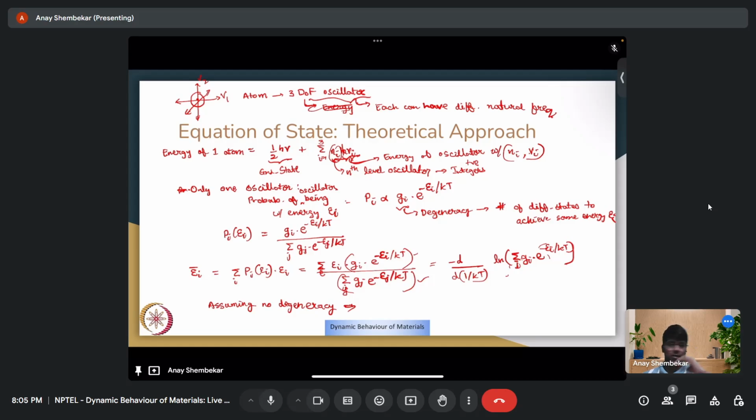So there are no, say, 1, 2, 10, 15 ways to achieve the same energy. Each energy level, suppose epsilon 1, epsilon 2, epsilon 3, they are all distinct and can be achieved only by a single frequency and the associated oscillator level. So if we do this, we get g_i equal to 1,